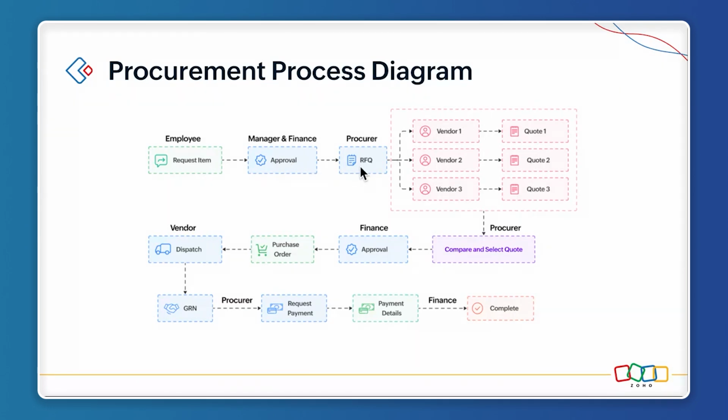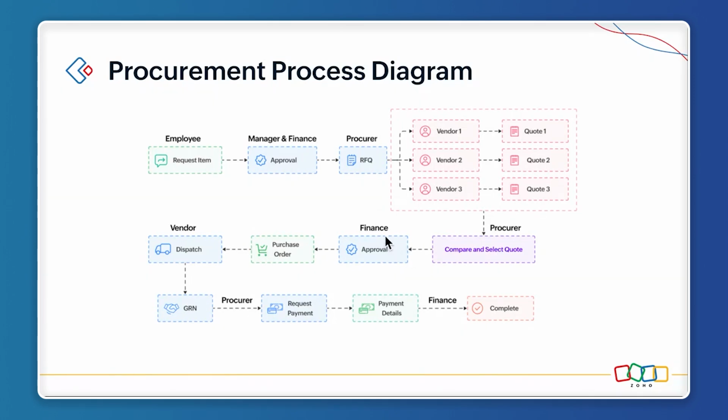So once they approve the request, you will then be raising the quotation, right? So you will be raising the quotation from different vendors. So it can be vendor 1, vendor 2, and vendor 3. So whoever you have as a vendor, you will be getting the different quotation from them. Now once you get the quotation, you will then compare and select the quotation. So whichever suits your requirement, your organization requirement, you can choose that quotation,